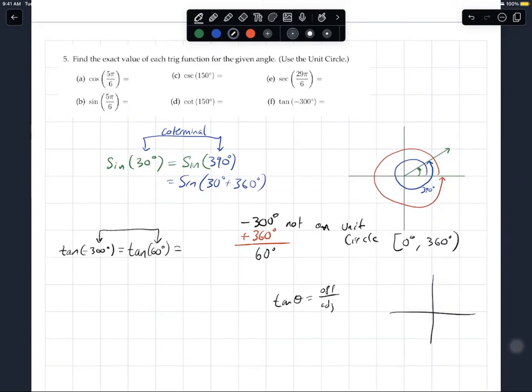And if you look at a triangle in quadrant 1, the opposite side and the adjacent side are sometimes called y and x. Why? Because the opposite side is in the y direction, up and down. The adjacent side is along the x-axis, to the left and to the right. And then the hypotenuse is sometimes called r. So we also have to kind of memorize this as well. And if you're in my class, we talked about it. So opposite over adjacent can also be written as y over x. And the reason that we want to write it as y over x is because when we go search 60 degrees on the unit circle,